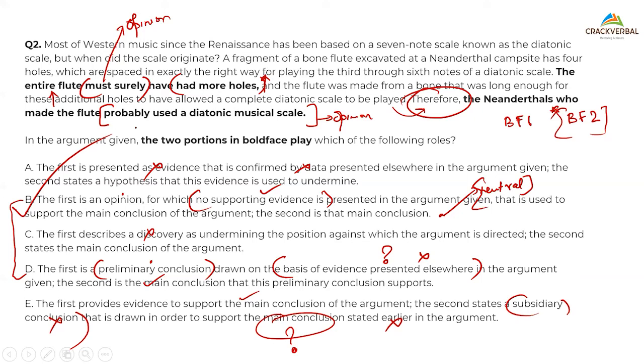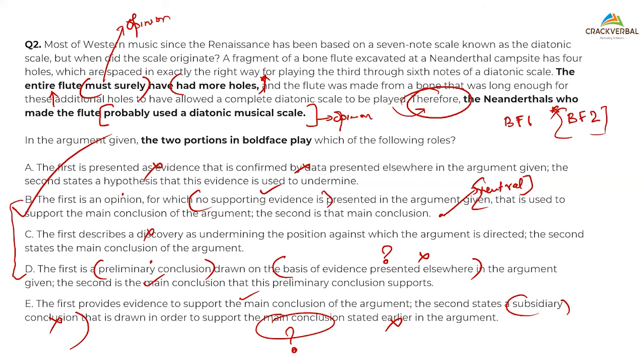You read it, Krishnan. Sorry, Krishan. It says the bone used as evidence for more holes. Can't regarding bones be used? So, a fragment of bone. The word is more. Do you have anything related to more? See, more is very, very important. So here, when we talk of verbal aptitude, that becomes the challenge. We can't just assume, you know, that this is what it means. I can't just assume that. Do you have exactly the word more? I don't have.